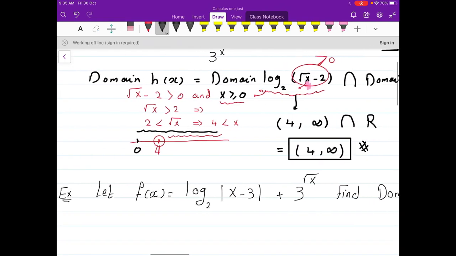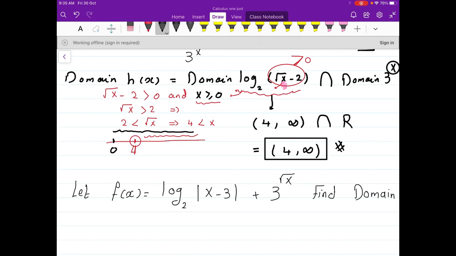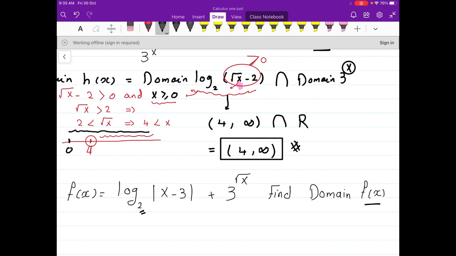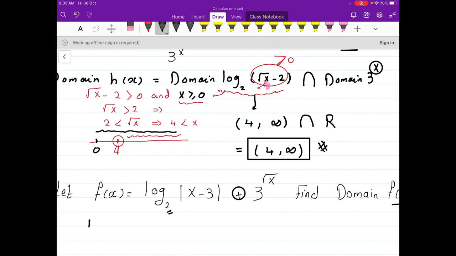If we define another function, f of x equals log base 2 of the absolute value of x minus 3, plus 3 to the power the square root of x, find the domain of f of x. We have the operation addition. So the domain of f of x equals the domain of the first function, log base 2 of the absolute value of x minus 3. First find the domain of the log,